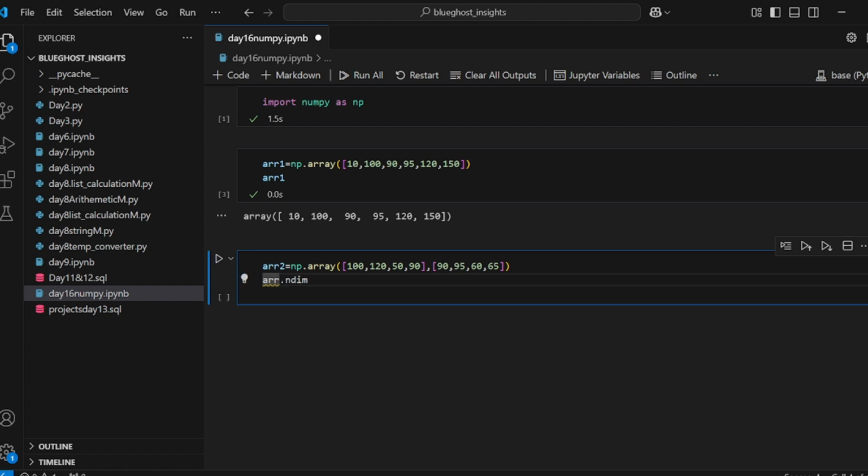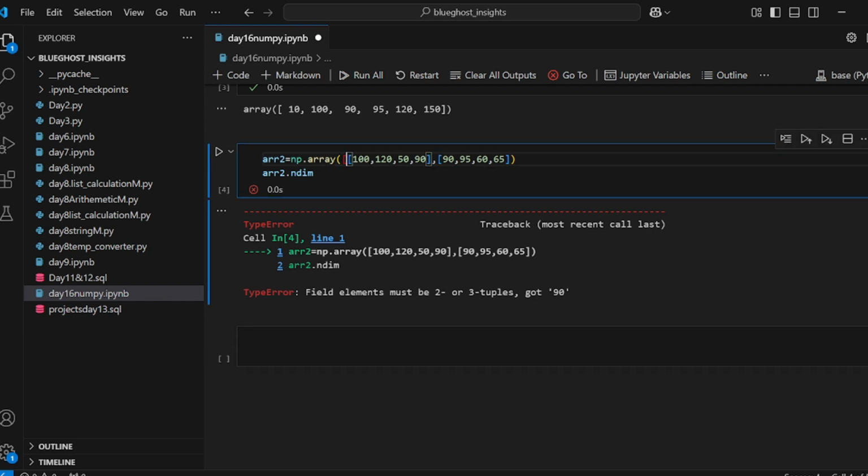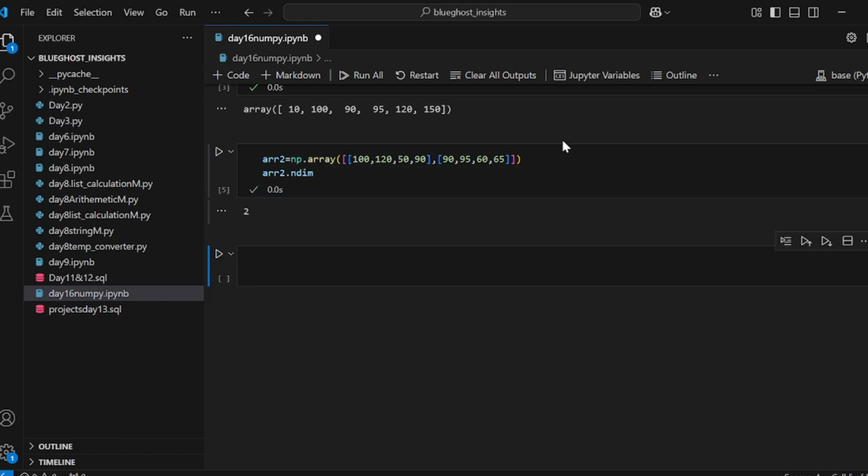Ndim is basically going to give me the number of dimensions that I have. So if I run it, whenever you're creating your 2-dimension array, that's why we're having this error: you have to add another bracket here. So we add 1 there and we add 1 at the back here. So we now have 2 dimensions. How do I know? By looking at these 2 brackets, I know that's 2 dimensions. So when I run it, you can see it's a 2-dimension array.